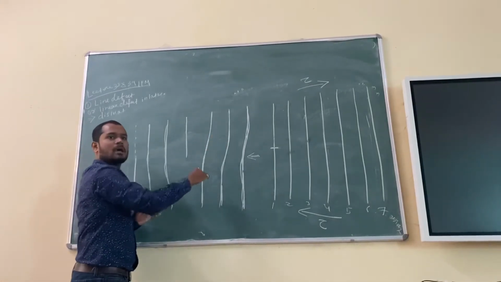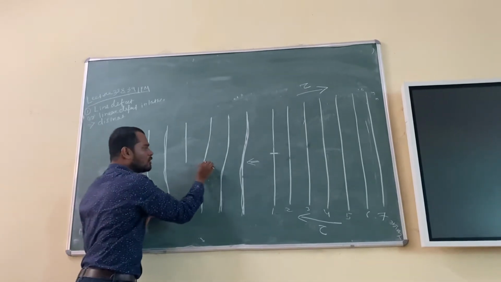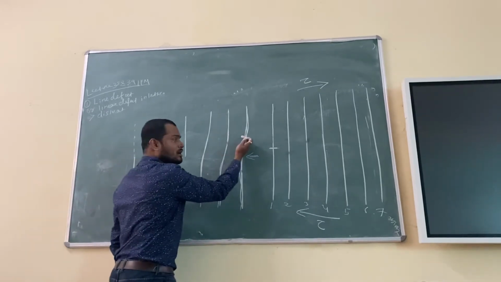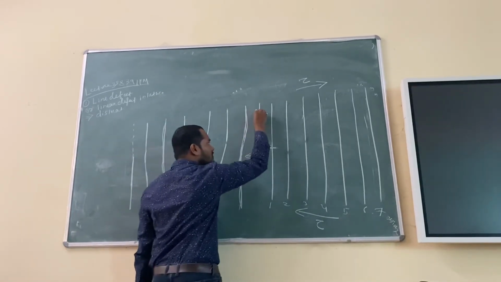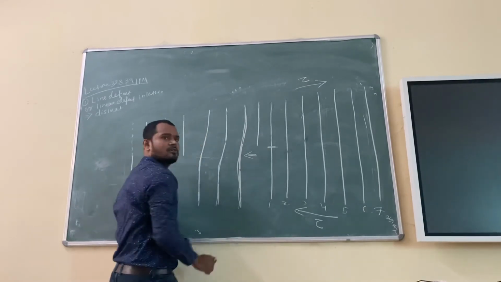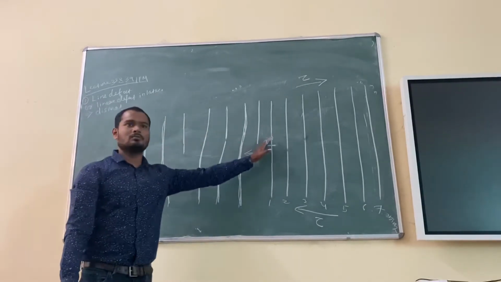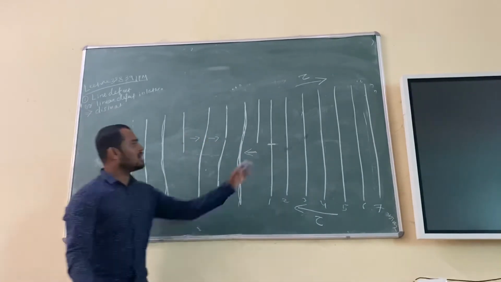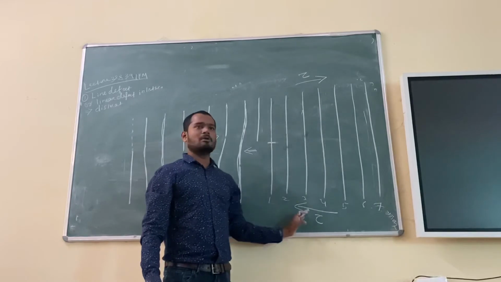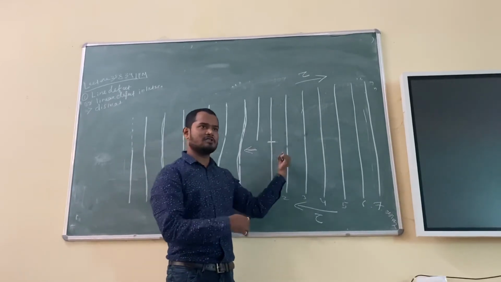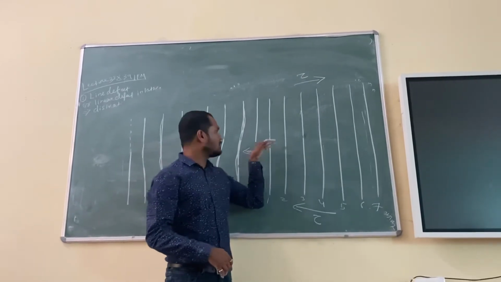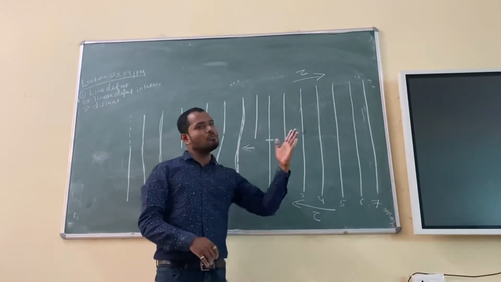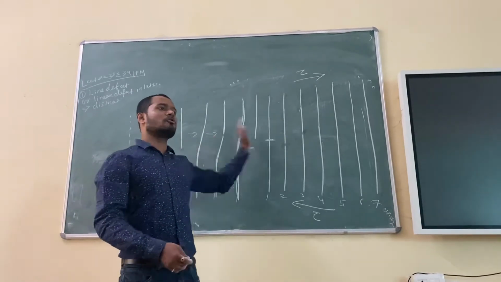Further we apply stress, what will happen? Further, suppose this bond will break. So this will be attached to this one, this will attach to this one, and finally it will come out. Finally it will be like this, and this half will be this one. It will come out. So this is moving actually. You understood my point? Initially all are complete atomic planes. Due to application of shear on this crystal, the bond will break and creation of an extra half plane of atoms will be there and it will move and come out from the surface.